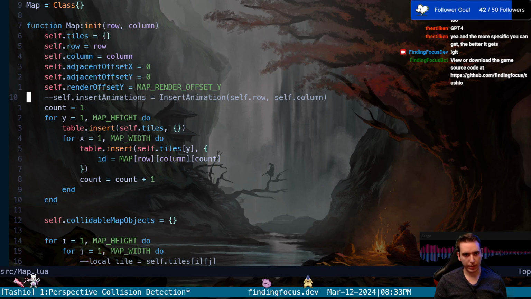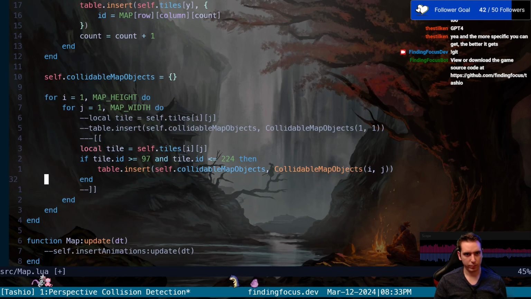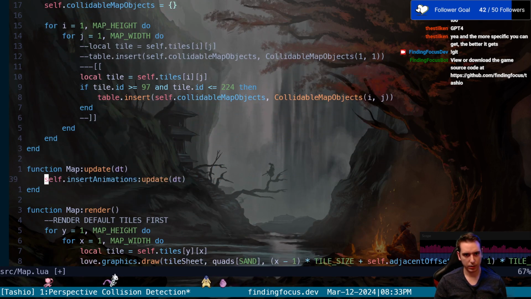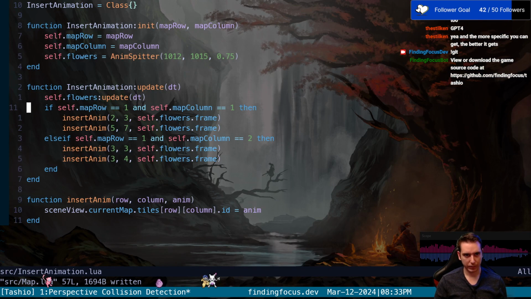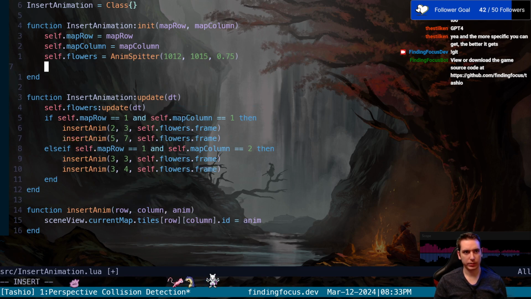Okay, where are we? Let me put our insert animation back on for now, and let me just see if our insert animation, okay. So what if we were to, okay. Like Stilkin said, if we had a table for the animations to insert, and we want to populate that based on whatever current map we're on, we would do something like,